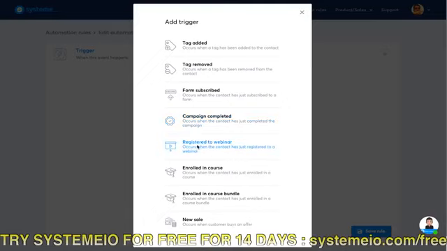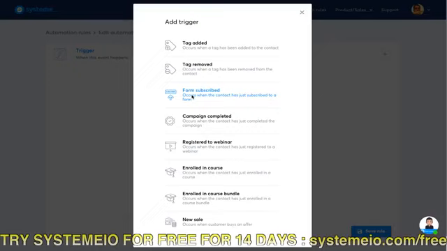What happens when someone registers to a webinar or becomes a customer? What happens as soon as someone buys your product? Which email do you want to send him at this moment, etc. And you can play with tags, because for instance, when someone subscribes to one of your forms, then you can add a tag to him. Add a tag, send him an email, subscribe him to a campaign, but then you can create another